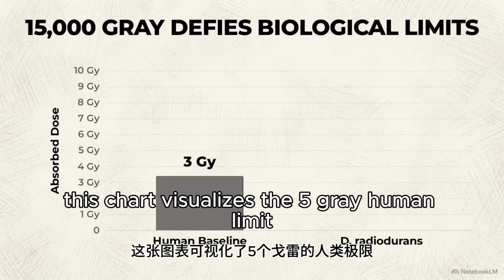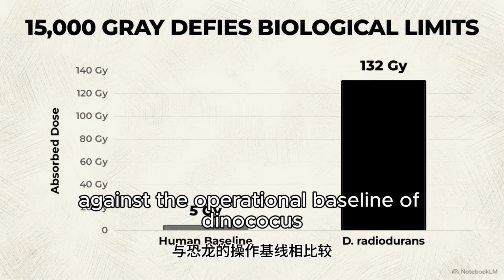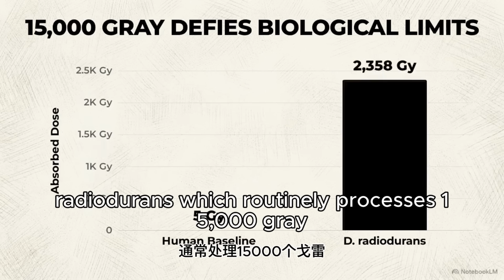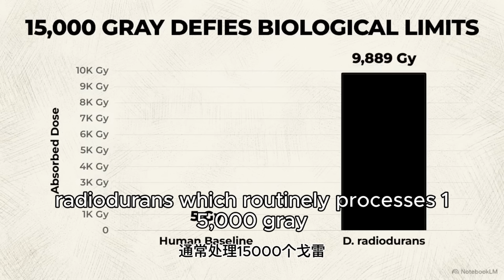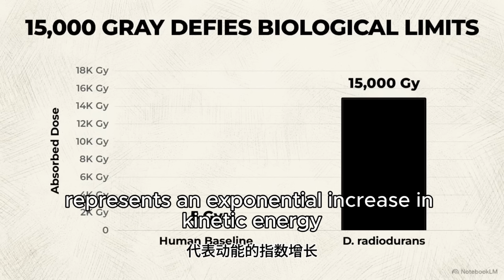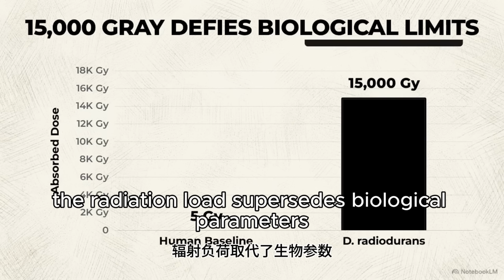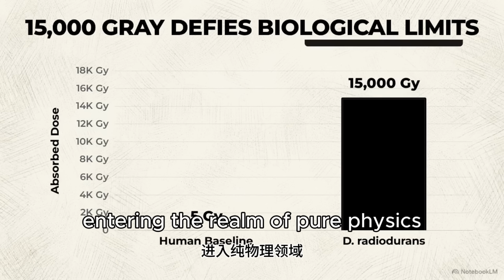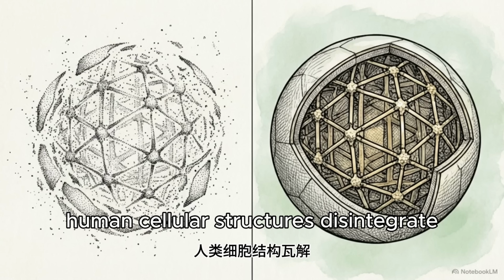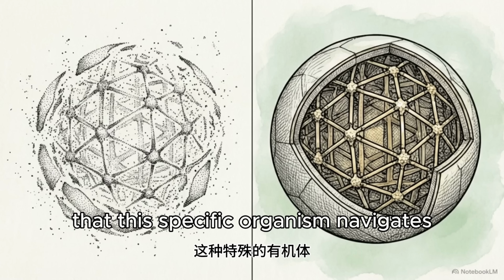This chart visualizes the 5 gray human limit against the operational baseline of Deinococcus radiodurans, which routinely processes 15,000 gray. This massive scaling represents an exponential increase in kinetic energy. At 15,000 gray, the radiation load supersedes biological parameters, entering the realm of pure physics. Human cellular structures disintegrate at a microscopic fraction of the radiation load that this specific organism navigates as a routine